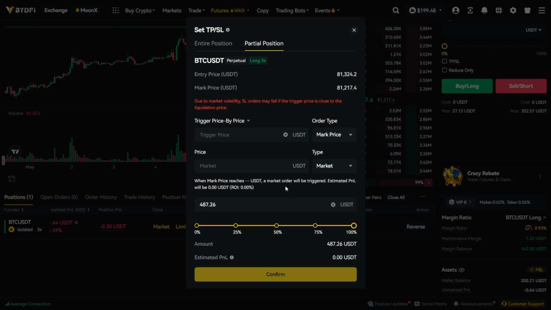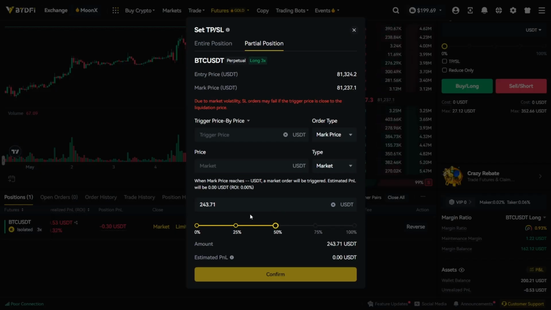Creating partial positions with a take profit and a stop loss is a great way to slowly scale out of a position. So you can set, let's say, maybe 3 different take profit and stop losses, putting them at different price points, hence scaling out every time the price hits that price point. For this tutorial, we are going to just do 2. So we're going to include 50% of our position in our first take profit and stop loss and 50% in